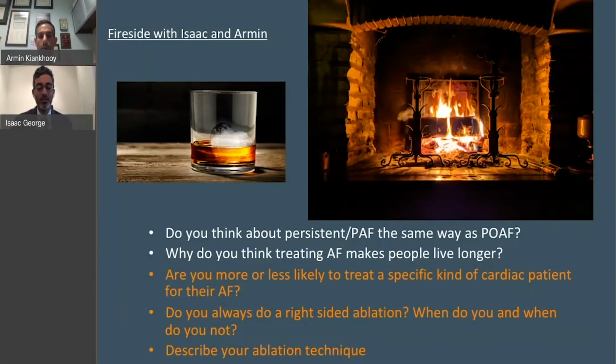Are you more or less likely to treat a specific kind of cardiac patient for their atrial fibrillation? That's a great question. We see a lot of different patients, and the people that I really focus on are the people with diastolic dysfunction. I think the classic example are the patients who have aortic stenosis, thick ventricles, poor filling, and they actually tolerate AF very poorly. And so those are the people that I work the hardest to get the best result